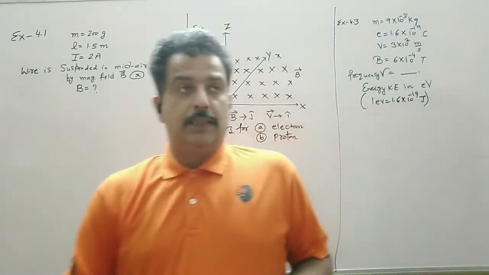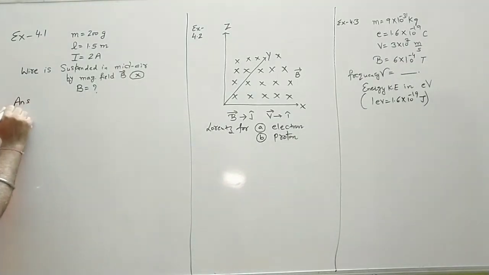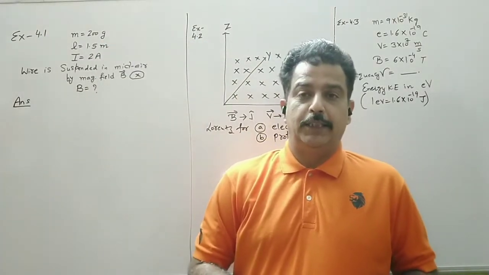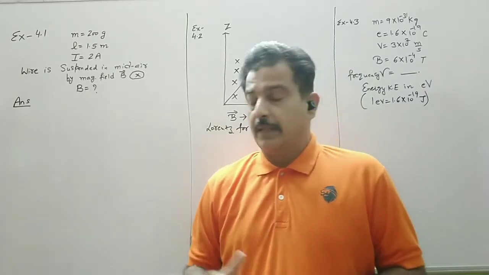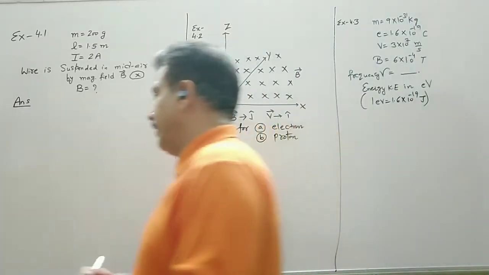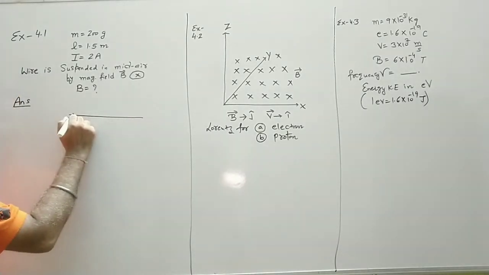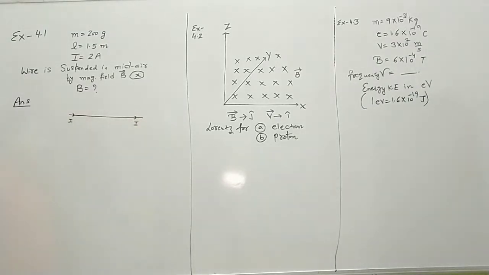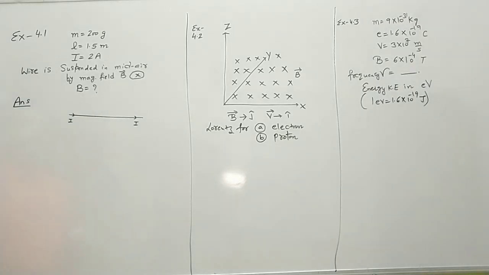We know that if anything is suspended in the air, there will be a force of gravitation which will pull the body towards the center of the earth, means the body will fall. But with the help of the magnetic field, this wire is suspended. So let us consider this wire which is carrying a current I. The magnetic field is cross. It means it is going into the plane of the paper.